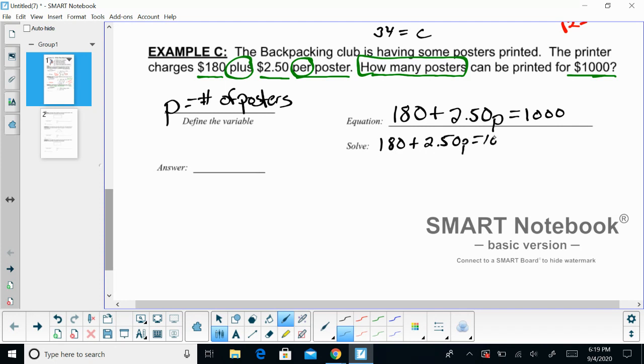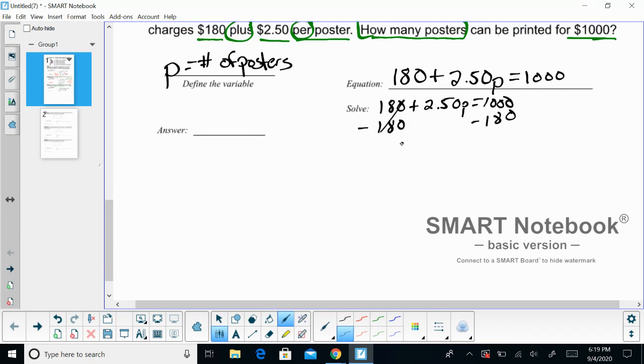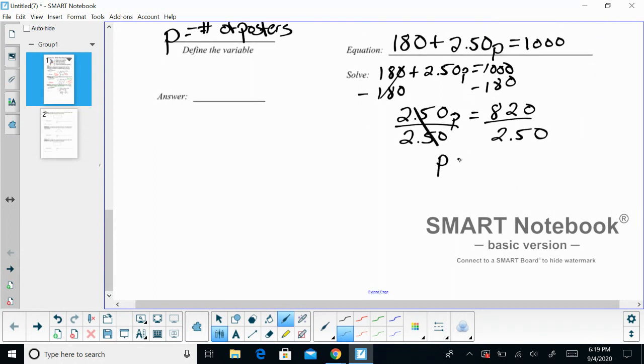180 plus 2.50p equals 1,000. So to solve this equation, the first thing I need to do is subtract 180 so that we can get the p by itself. When I subtract 180, these guys cancel. I have 2.50p equals, and 1,000 minus 180 is 820. Now to cancel out the 2.50, I'm going to divide by 2.50. So I have P equals 820 divided by 2.50 is